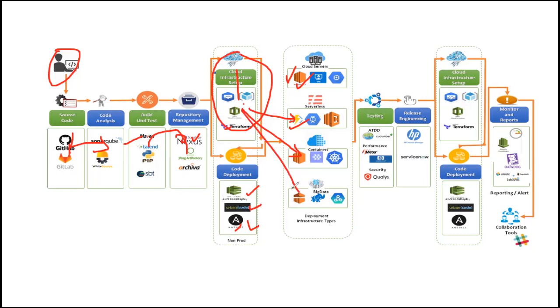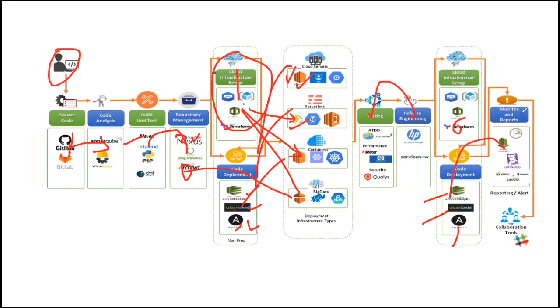Once you have created this infrastructure using Ansible, Urban Code, or AWS CodeDeploy, you deploy the code package which you created to here, or here, or here. Correct? Then you start your testing and release it to further staging environments. Once all is completed and tested, you again provision using Terraform, similar to this, the production environment. Once the environment is provisioned, you use Ansible, Urban Code, or AWS CodeDeploy to deploy the same in the production environment.